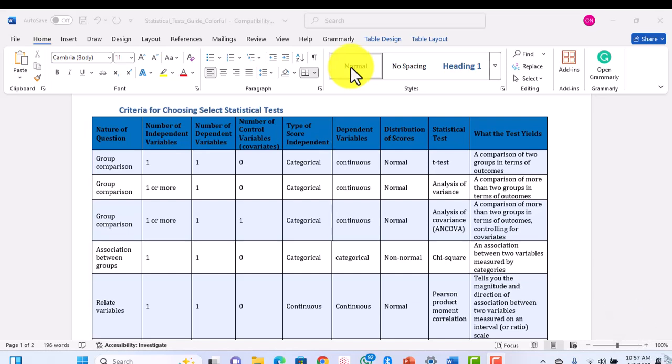But this particular video is actually designed to make you know the correct choice of statistical analysis that you would use when you are trying to do your research. It is the type of research that you are carrying out that actually determines the choice of